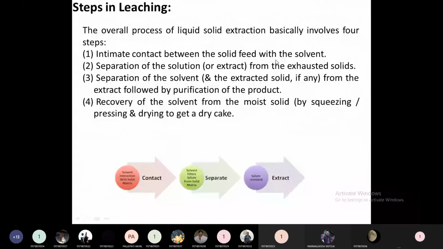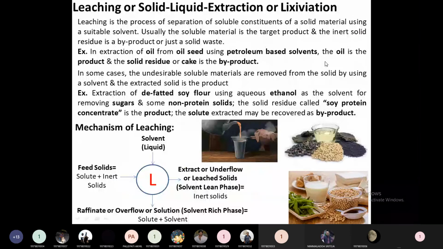Then the next step is separation of the solution or extract from the exhausted solids. That equipment will be capable of separating the extract and raffinate phase, or underflow. Popularly, extract and raffinate phase are the terms used in the extraction operation in unit 5, whereas in the leaching operation it is popular to use the terminology underflow and overflow.